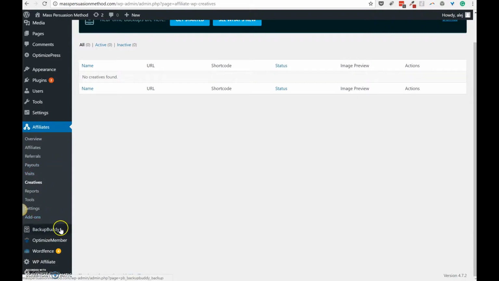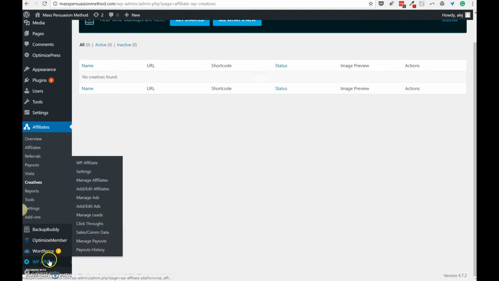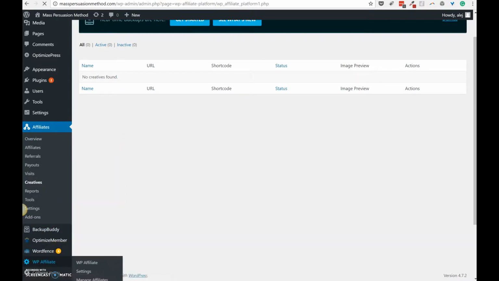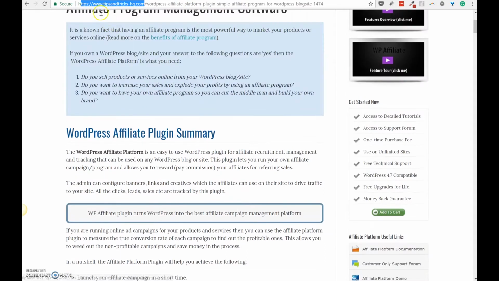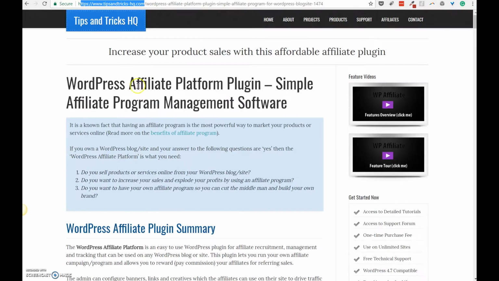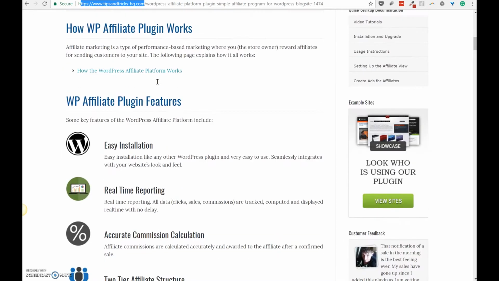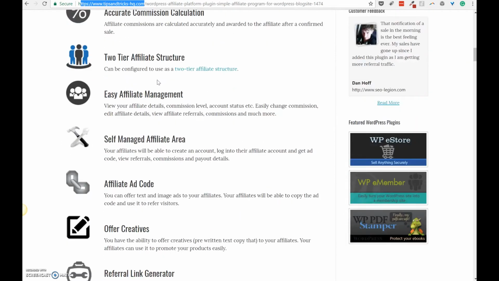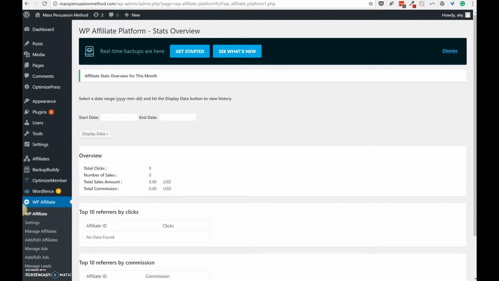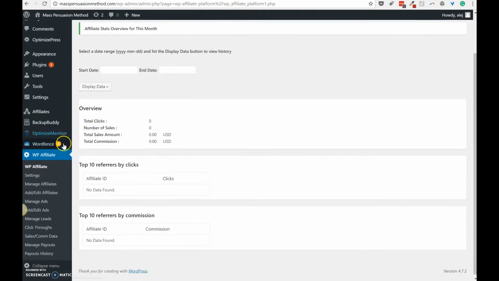Affiliate WordPress. This gets a little confusing because this is Affiliate WordPress, and the other one is WordPress Affiliate. WordPress Affiliate, the website for them is tipsandtricks-hq.com, and this is one of their many plugins available. But the WordPress Affiliate Platform plugin is the first one that I actually learned about, and